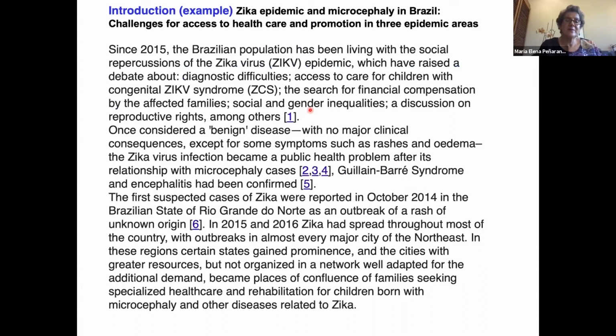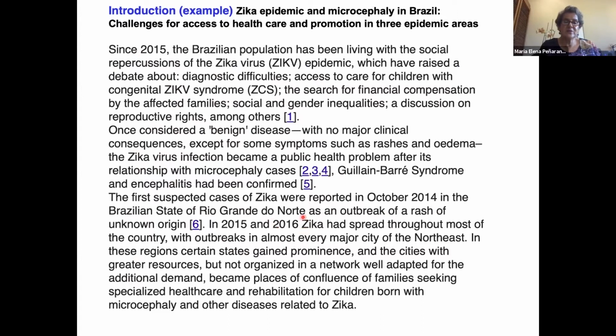So these are examples of introductions I want you to have. We're not going to read all of it, but it's a Zika case in Brazil, with diagnostic difficulties. Consider a benign disease with no major consequences except these other things, which was first suspected of being Zika. So this is a problem, a syndrome that exists. There's a benign disease of it, and then we suspected cases in